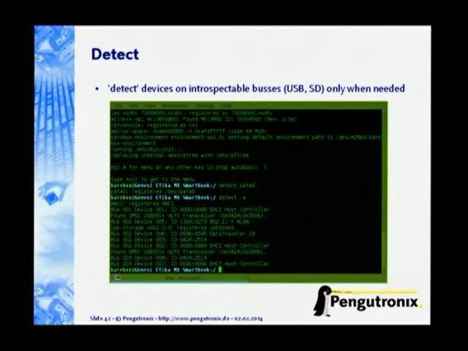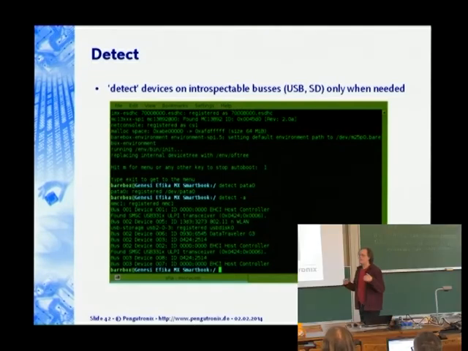Then for these auto-detectable devices, there's a nice detect command now, so that on introspectable buses like USB or SD, we don't know beforehand what's in there. And usually you have the situation that if you look at what's on that USB bus on any boot, this needs quite a lot of time. If you want to achieve fast boot times, like in my video, with 5 seconds up to the point where the application is running, then you usually can't probe all the possible buses, SD cards, and USB until then.